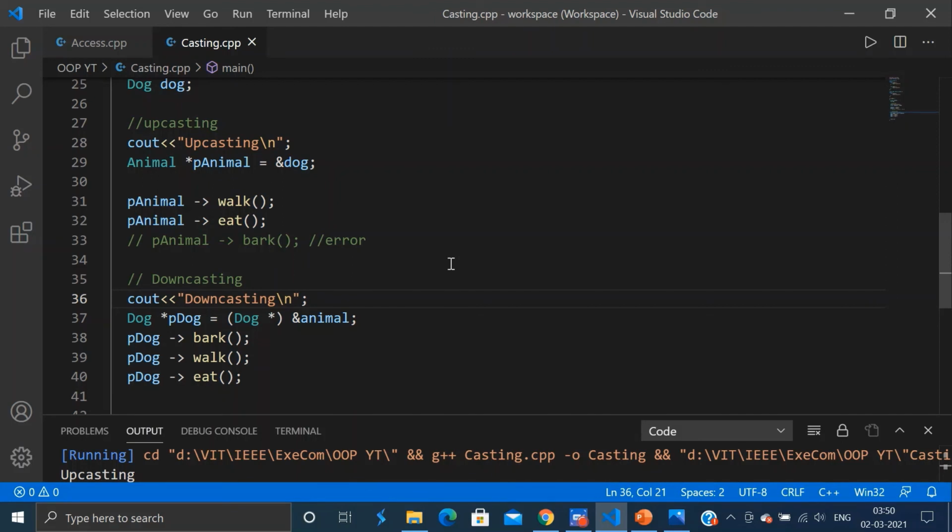Now one thing that must be understood is that by casting we are not actually changing the object itself, but we are just labeling it differently. For example, if we create a dog and upcast it to animal, then the object does not stop being a dog. It is still a dog, but it's just treated as any other animal, and its dog properties are hidden until it's downcasted to a dog again.